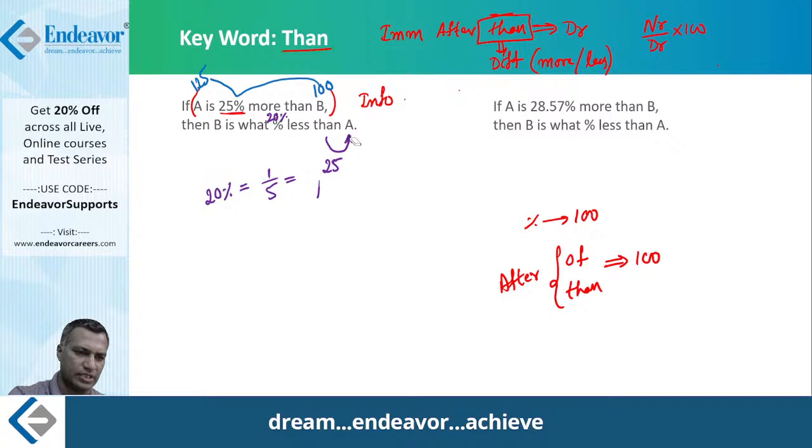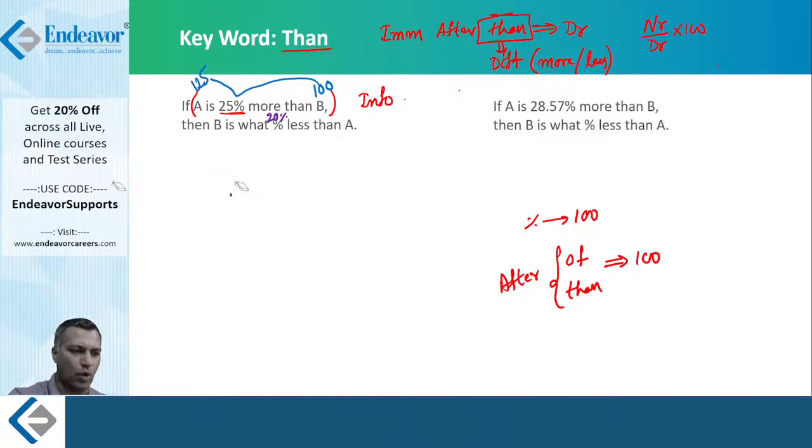Now listen to me. I spoke about two things already. One, whatever comes after "than" should be in the denominator. That should be very clear. And then whatever comes after "of" or "than" can be assumed as 100. In case you want to assume something as 100 in a percentage, look for these keywords and take that particular number as 100. These are the two aspects I clearly spoke about. Now let's also look at an alternate way of doing things.